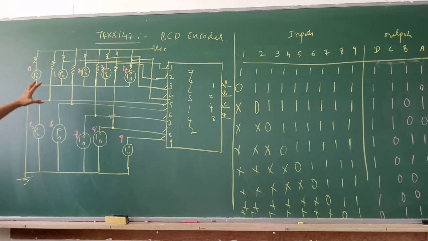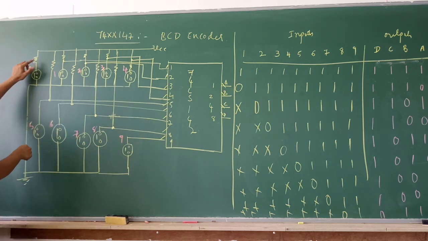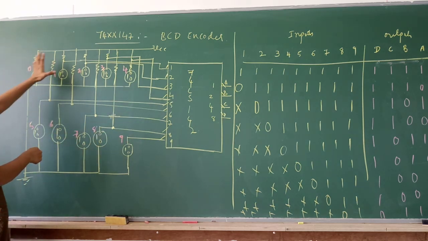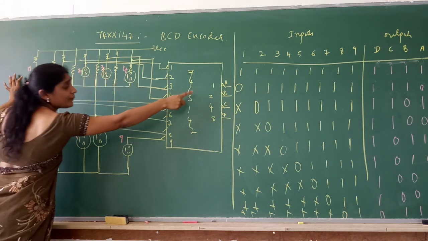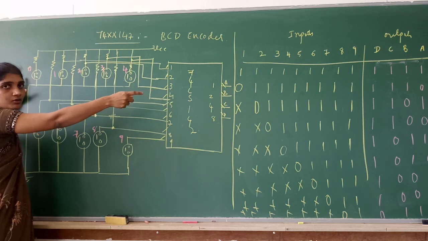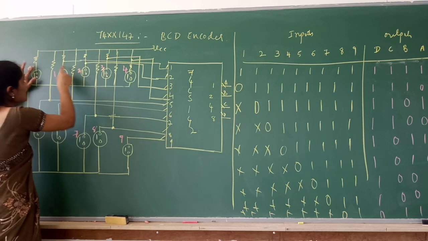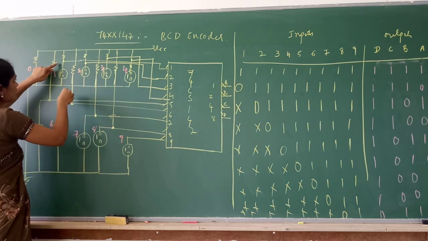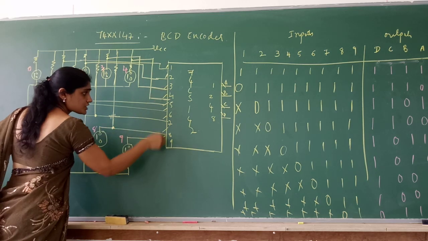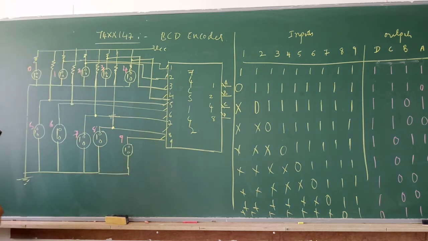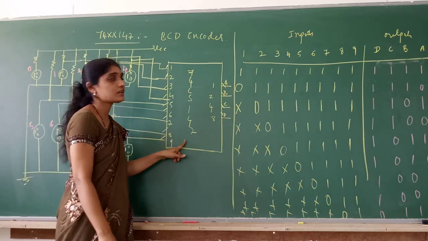Okay. So the circuit is very simple. These are the switches. 10 switches you have, but 0 is not connected anywhere, because when no input line is connected, when you don't press any key, automatically the output will be 0, 0, 0, 0. So 0 is not connected to any pin here. Only 1, 2, 3, 4, 5, 6, 7, 8, 9 are connected to the inputs of 74LS147. And please don't forget, inputs are also active low, outputs are also active low in 74LS147.